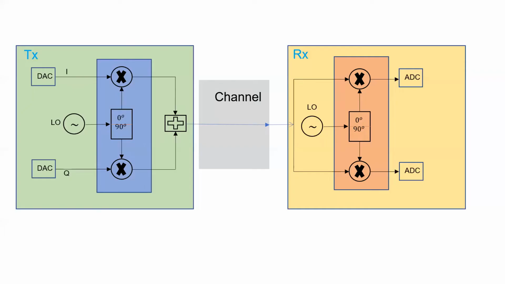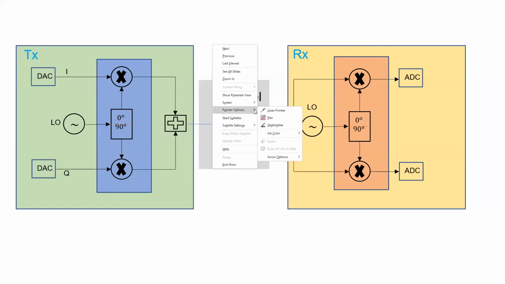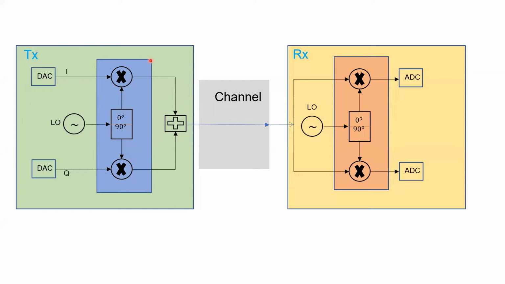Let me show you this. This block diagram shows the TX signal. This is my transmitted signal. It is passing through a wireless channel, and finally, this is the received signal. On the TX, it first shows a digital to analog converter. I am getting a digital signal, basically some bits, and converting it to analog form. Then this is a local oscillator, because I have to put it on a carrier frequency.